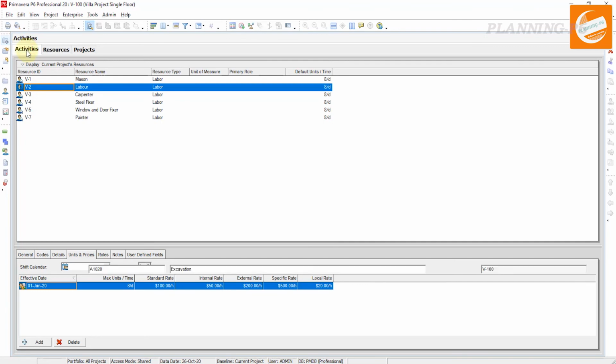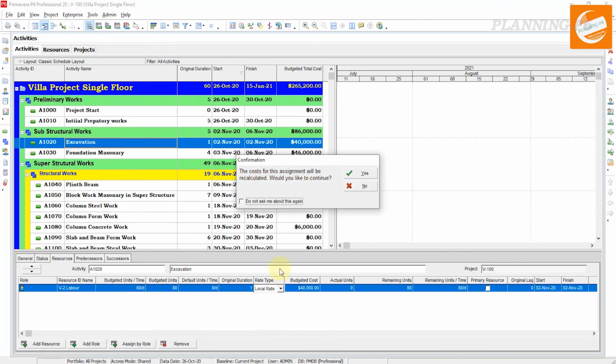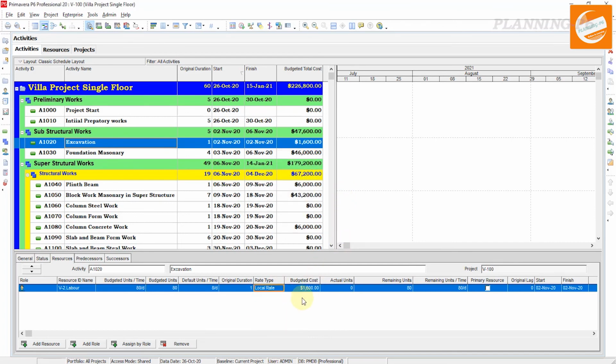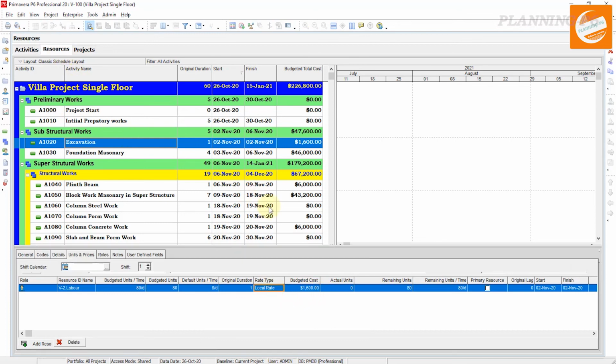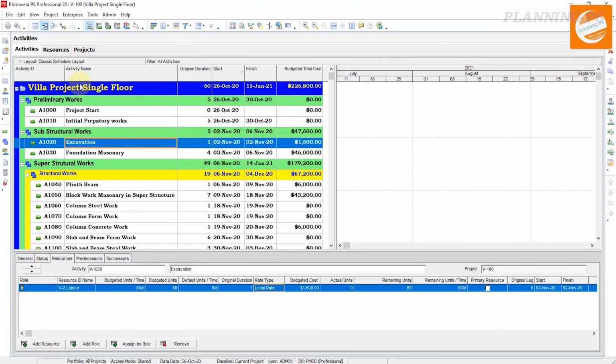And now again we change this rate to the local rate, the last one, then it will change to only 1,600, because we have assigned just $20 per hour. This is how you can change your resource rate in Primavera P6, and you can actualize your cost by using this method.